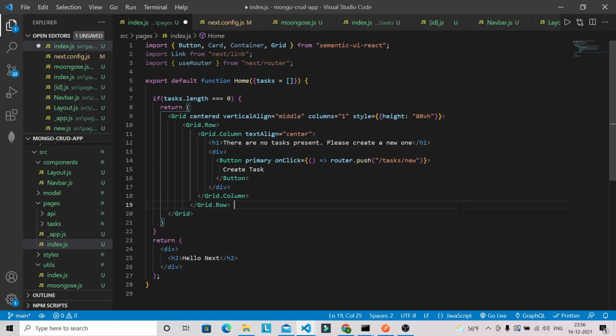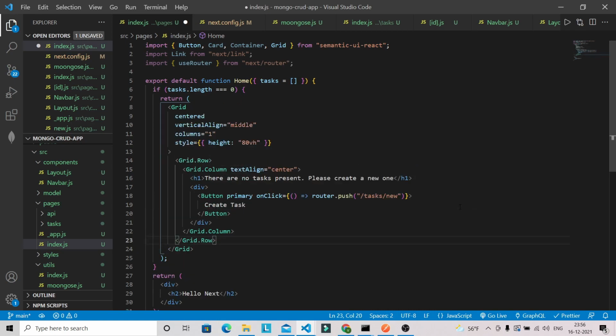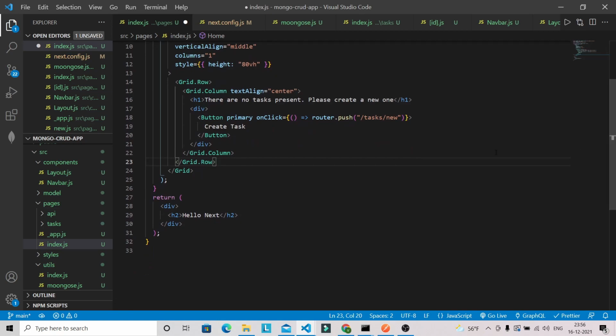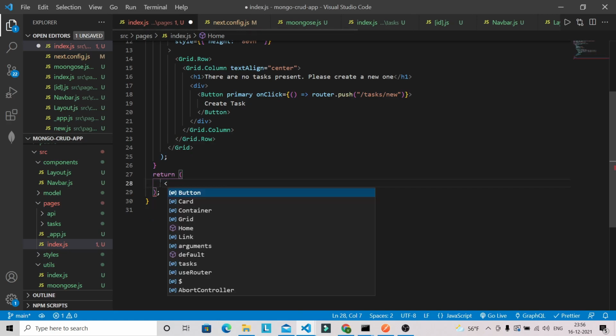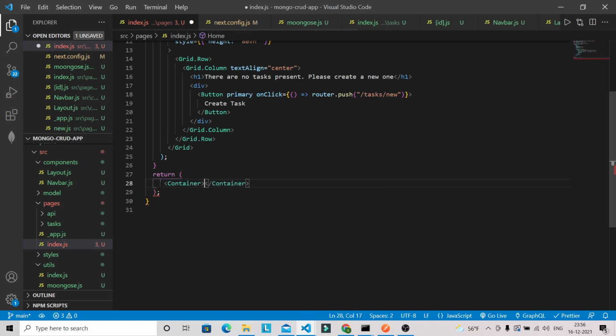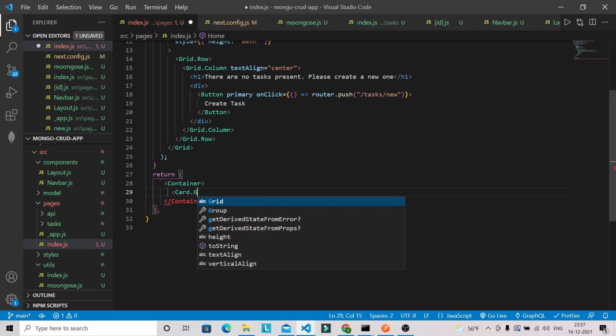Okay, now inside the return we are going to list all the tasks. So we can remove this part and we can use a container and card dot group.